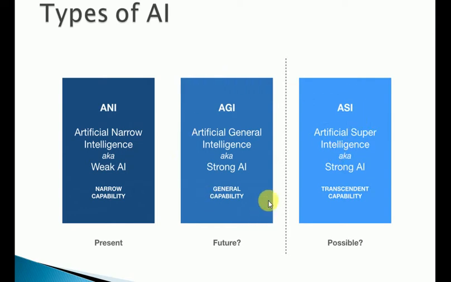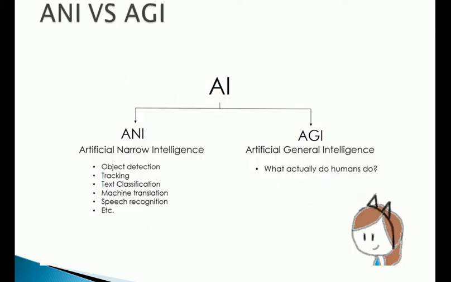But for AGI, we can say that we have certain robots, like Sophia, that behave like a human or are smarter than a human. That is artificial general intelligence. In that, very little work is done, but in the narrow kind, much work is done. It covers object detection, tracking, text classification, machine translation, speech recognition. Speech recognition is, for example, when you speak on someone else's laptop, PC or smartphone in Chinese, how can that system interpret the meaning?